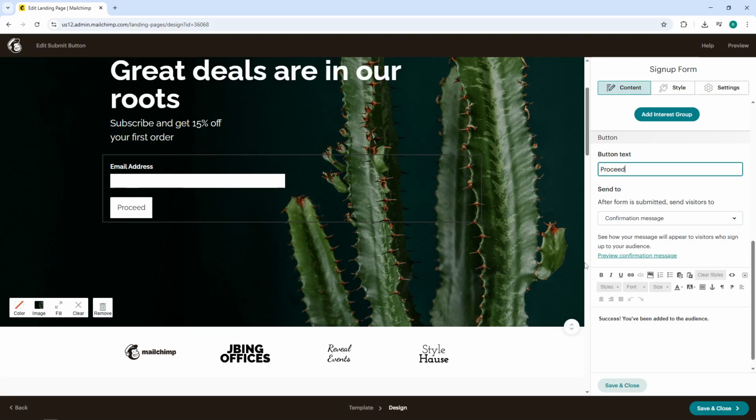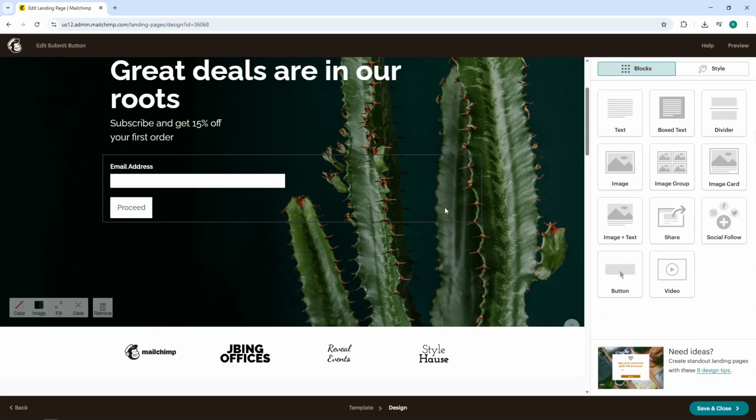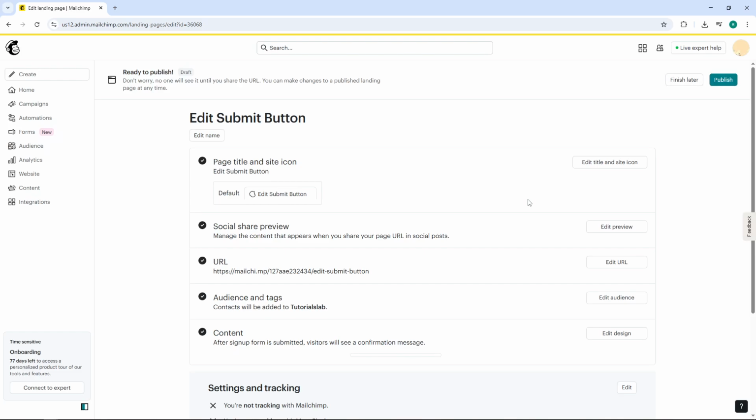Once you've entered your new button text and you're satisfied with how it looks, click Save and Close. This will save all your changes and close the editor. Your Mailchimp form now has a customized submit button that better reflects your brand's voice and guides users more effectively through your